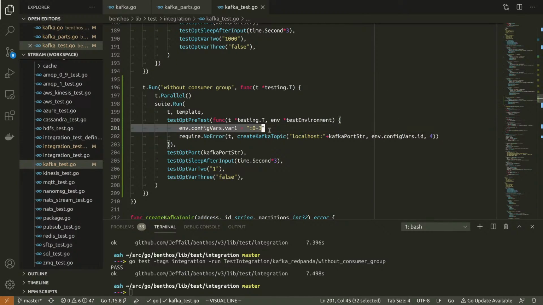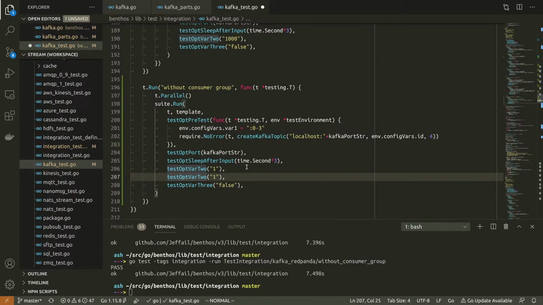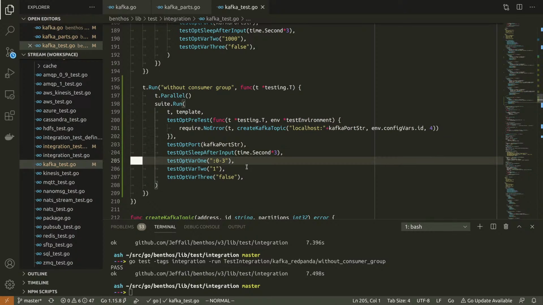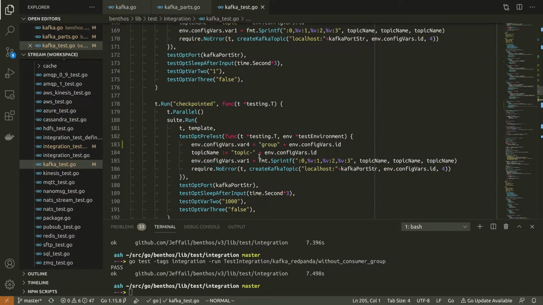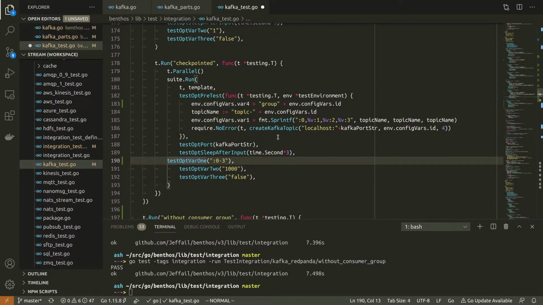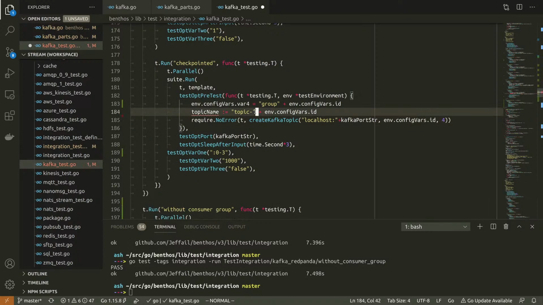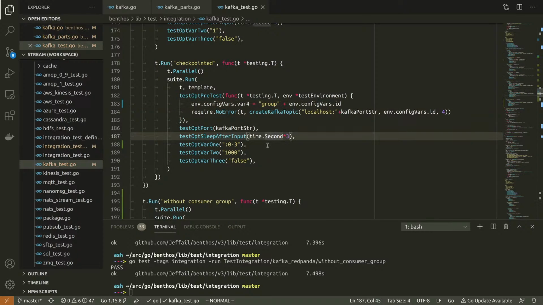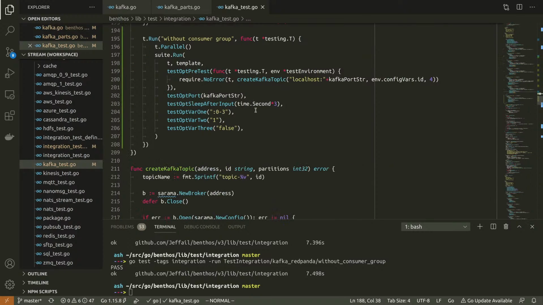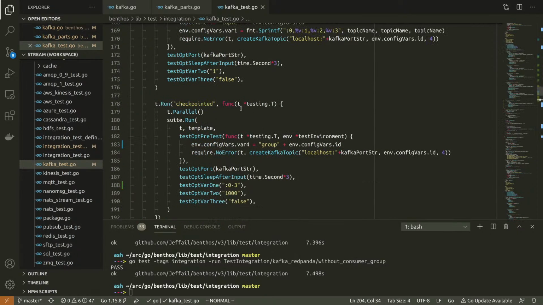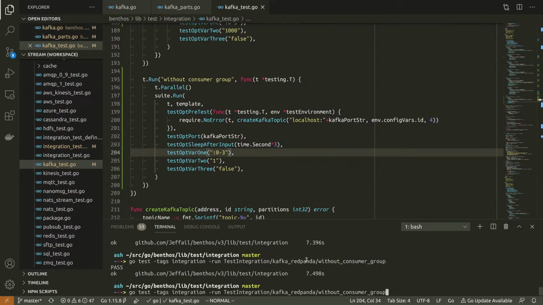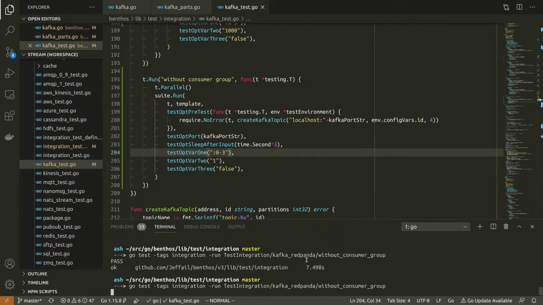But what I'm going to do is the easy option, which is set var1 here rather than in the pretest. And I'll do the same with, let's choose this one. Okay, cool. So we're testing the new range syntax with 2 of my tests, but I'm just going to run with that consumer group first.